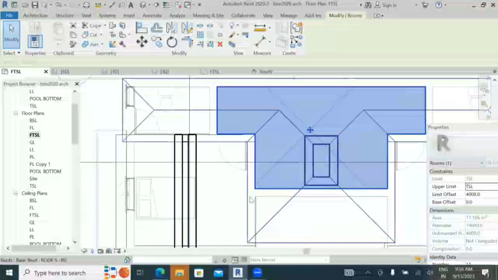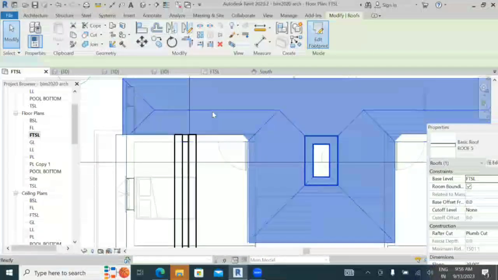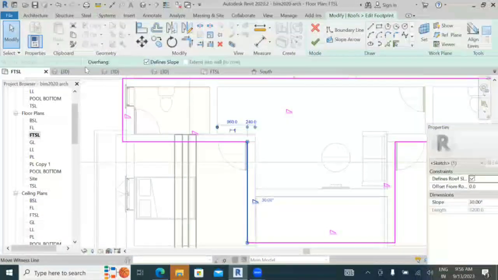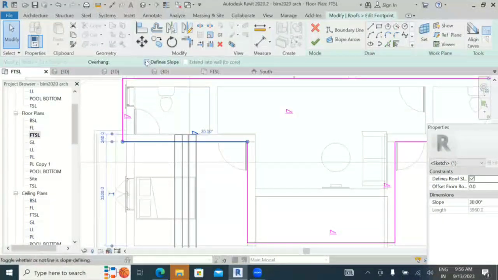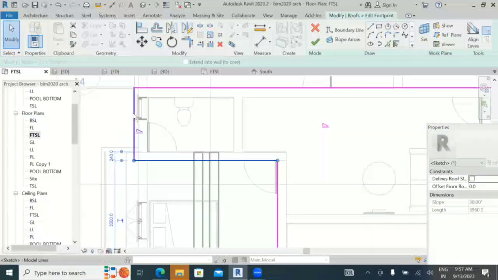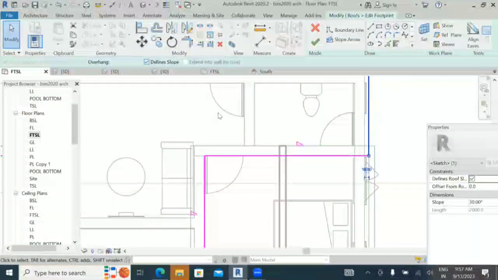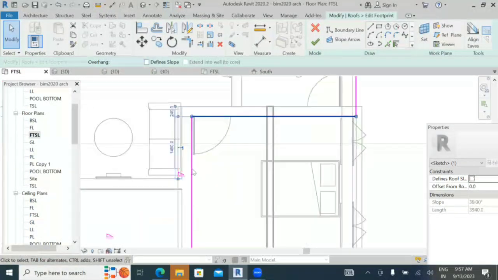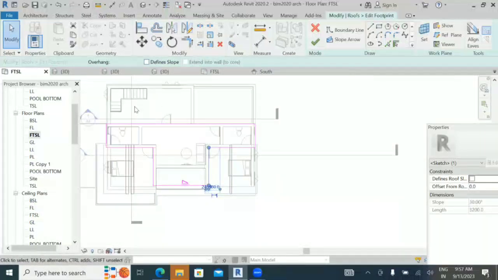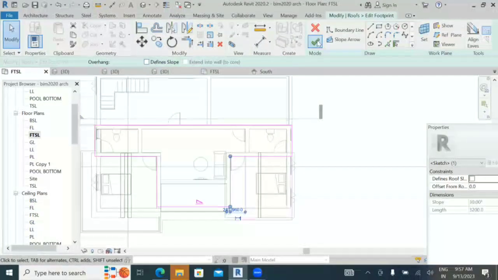Actually, you need an edit here. I can pick a different slope. You have to put a tick mark,